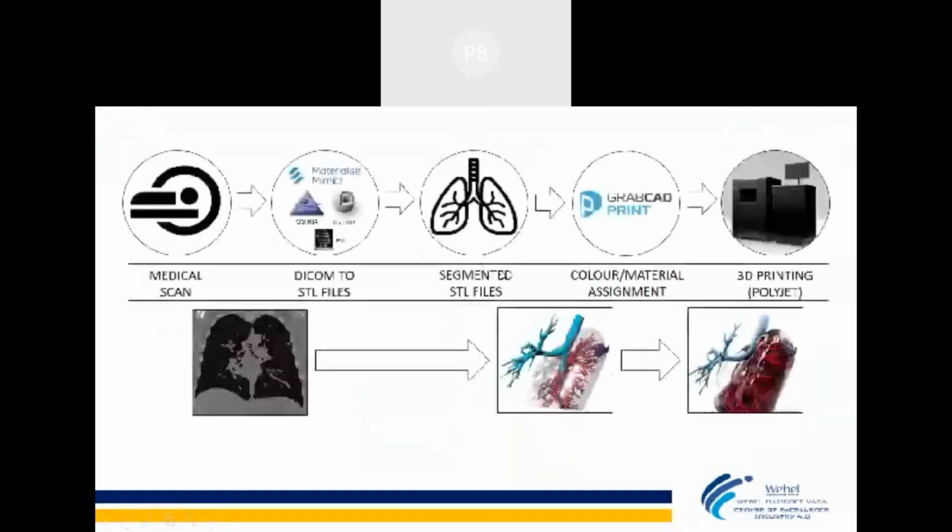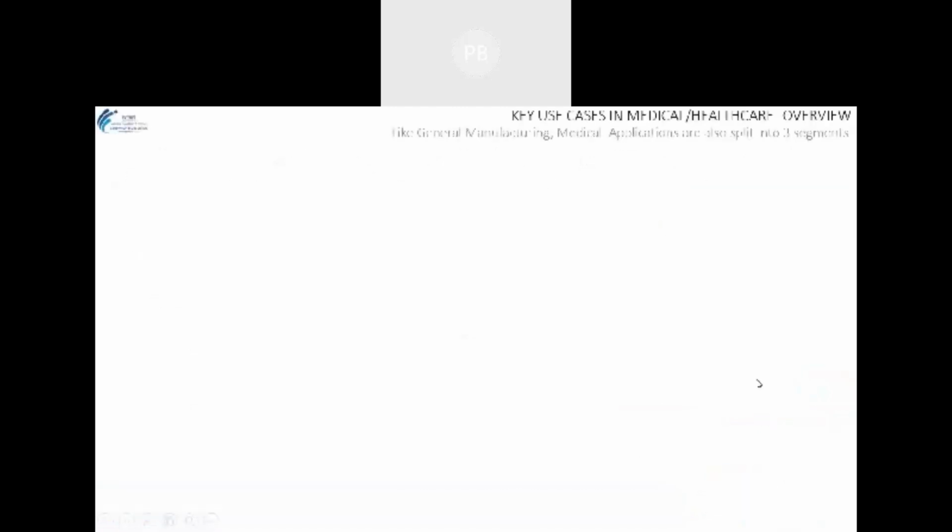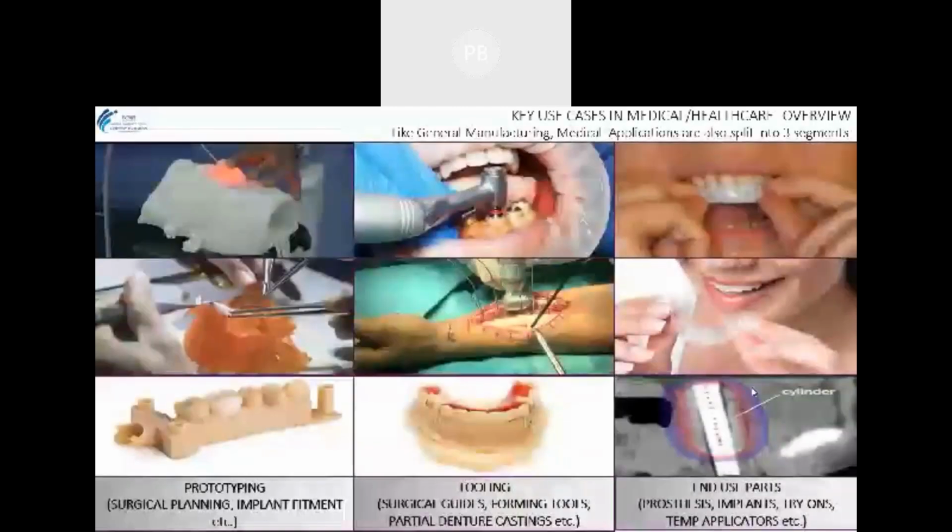I'll show you some medical cases, how medical work is going on in 3D printing. First, we get the medical data, which is the CT scan data. Then it's converted into 3D printing data and printed by the 3D printer. There are hospital cases where they are using it for nasal swabs, for heart surgeries, and as surgical guides.